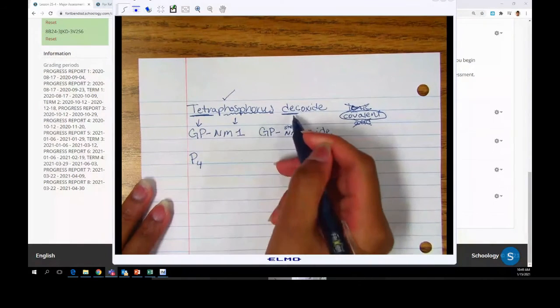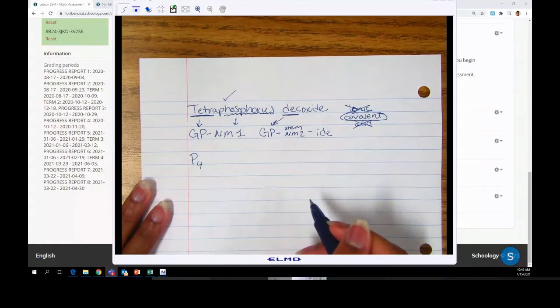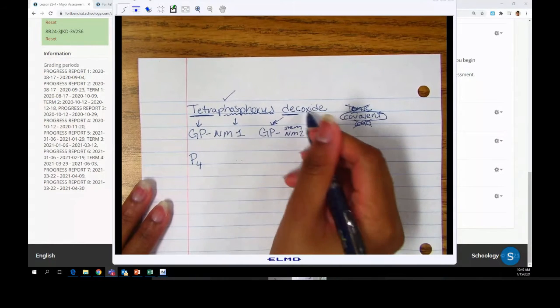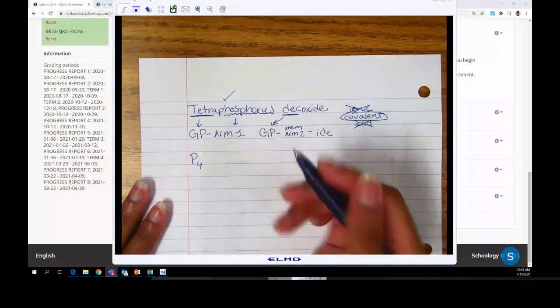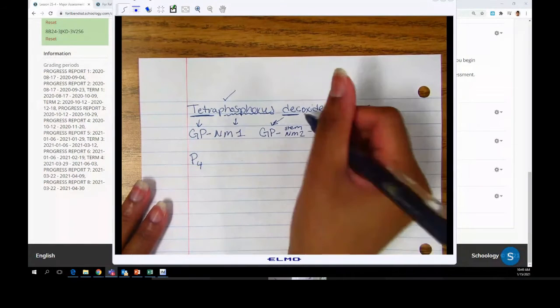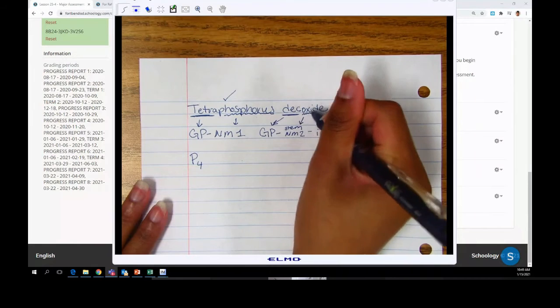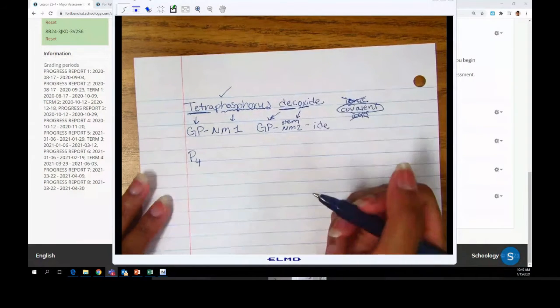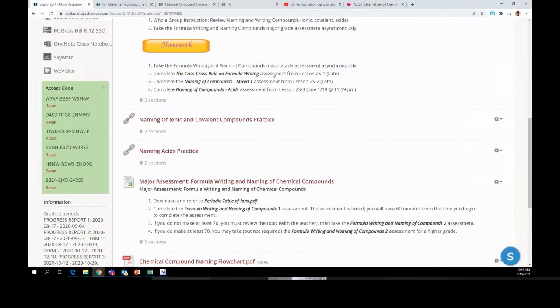For the second part of the name, I've got another Greek prefix. So I know that whatever nonmetal I have here, I have 10 of them, right? Dec, dec. I can see that the stem name here is ox. If you ever forget, so going back in Schoology, if you ever forget what your